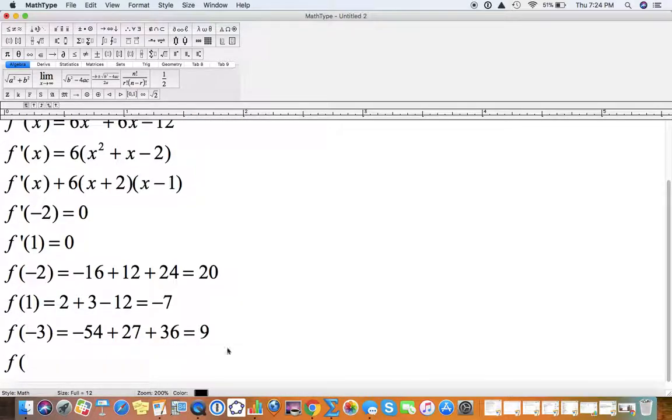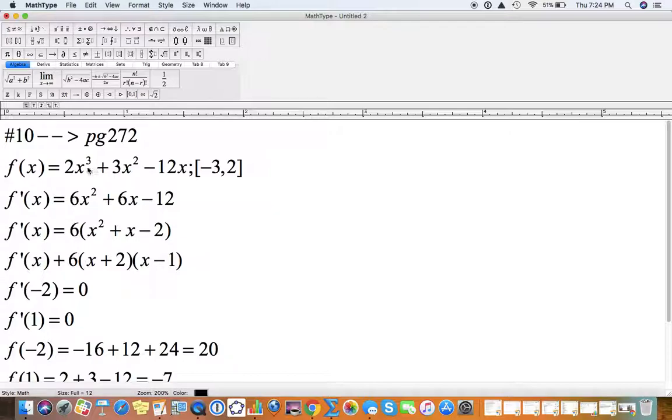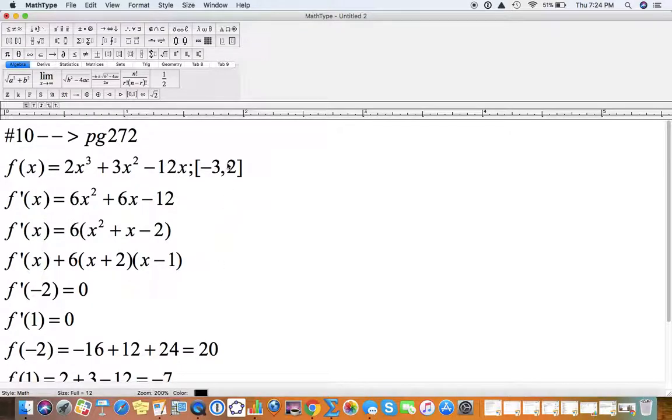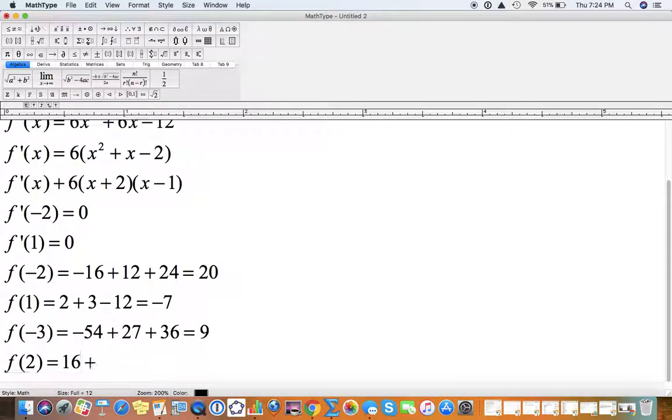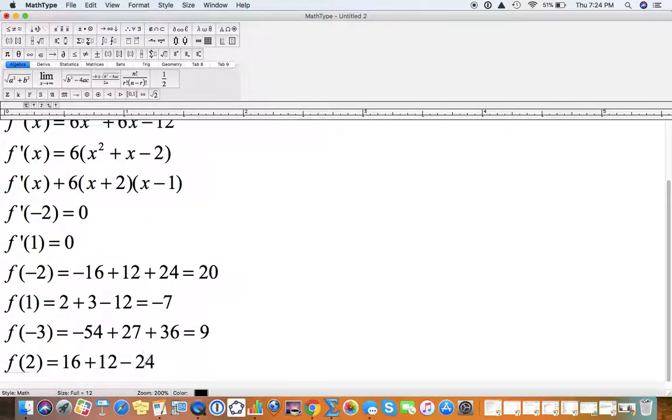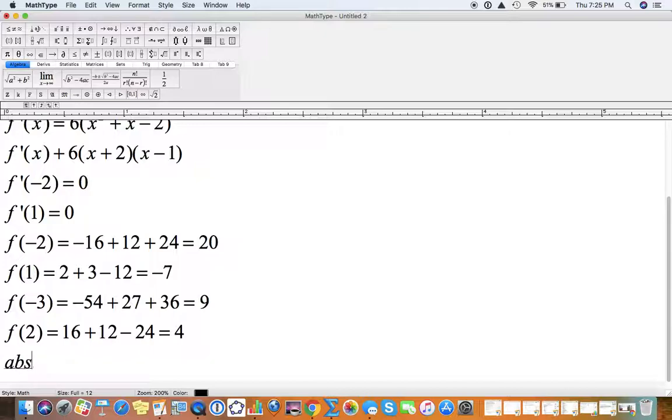And let's try the other point on our closed interval, which is 2. And 2 cubed is 8 times 2 is 16. 2 squared is 4 times 3 is 12. And 2 times -12 is -24. And so we get 28 minus 24, which is 4. So looking at these 4 values, it's easy to conclude that our absolute max